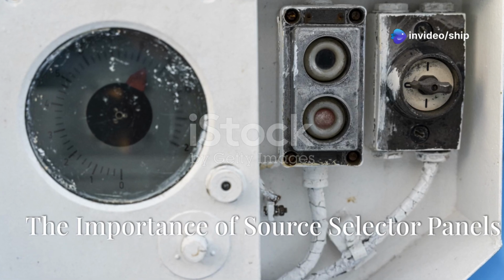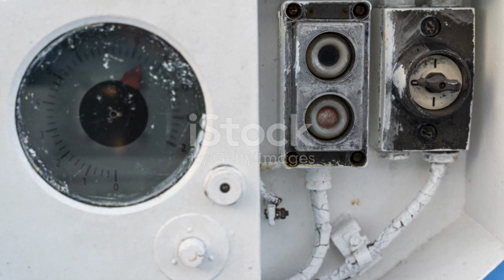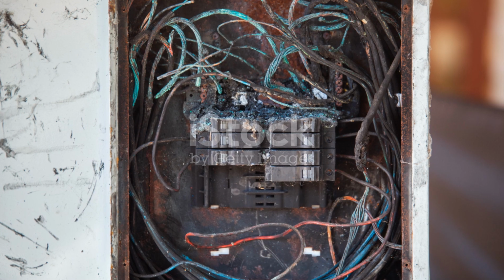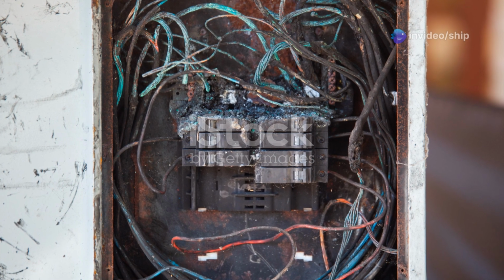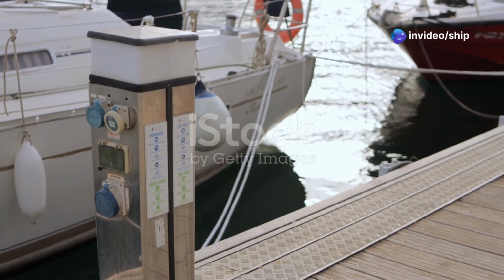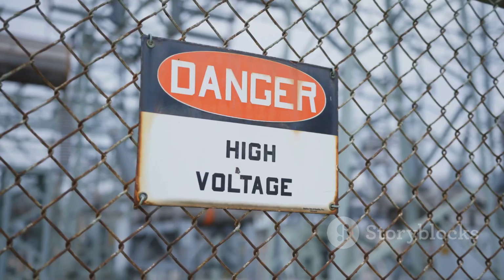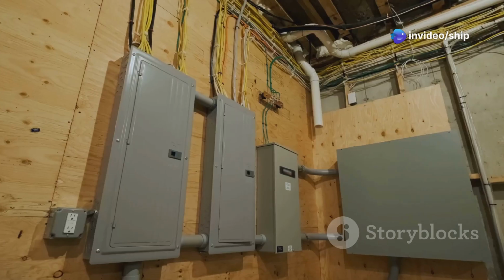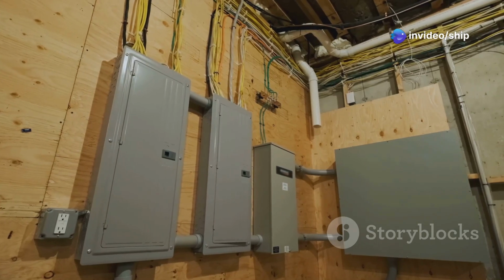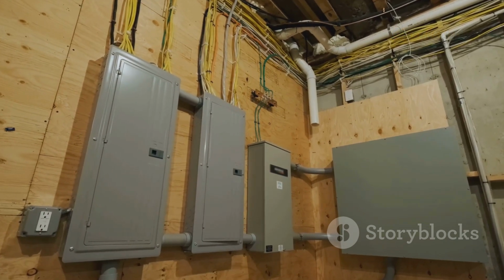Source Selector Panels are not merely convenient additions to a boat's electrical system, they're essential for safety and proper operation. One of their primary functions is to prevent electrical backfeed. Backfeed occurs when power flows from the boat back into the shore power grid or between different sources. This can be extremely dangerous, potentially damaging equipment at the dock or even electrocuting someone. Source Selector Panels utilize components like transfer switches to ensure that power flows in only one direction, eliminating the risk